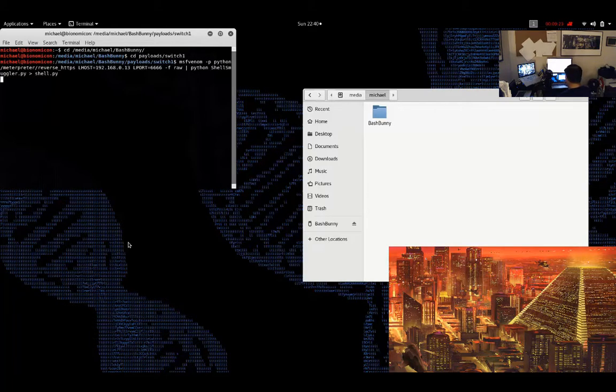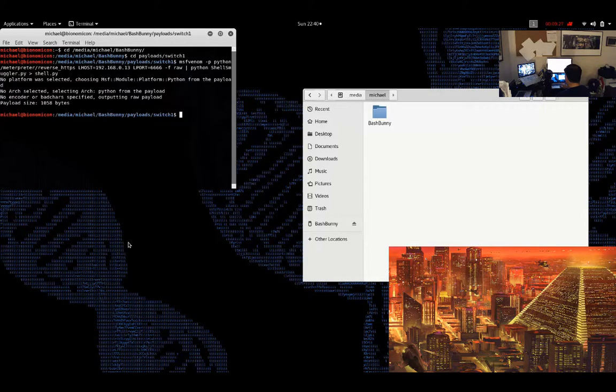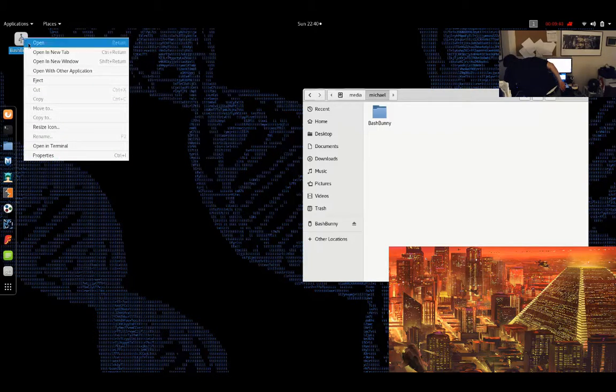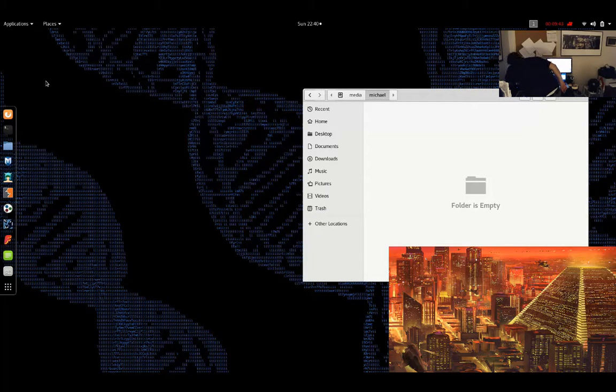Alright. And we've got our payload. Now I'm going to exit out of here. I'm going to eject the bunny. I'm going to flip the bunny back into attack mode 1 and reach behind here. Bunny's plugged in to the USB hub again, and it'll start doing stuff momentarily. Meanwhile,